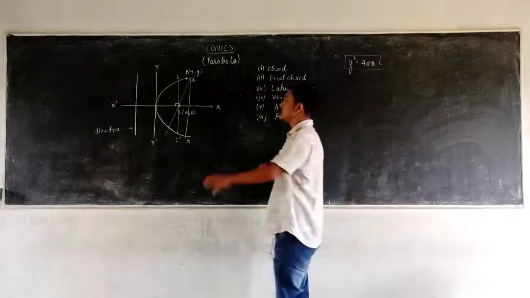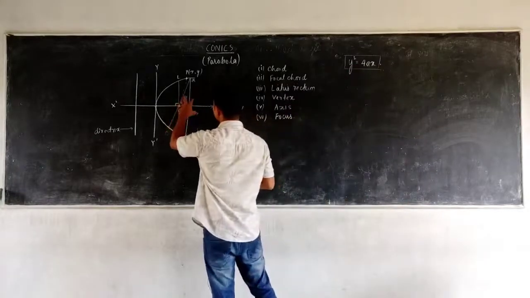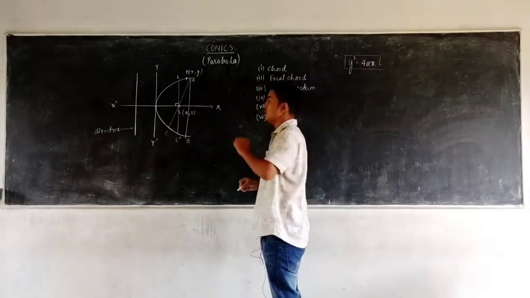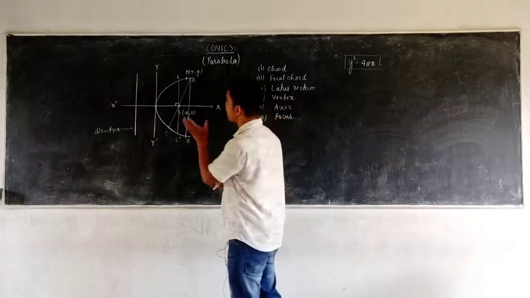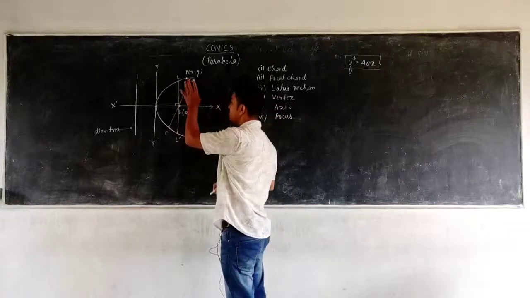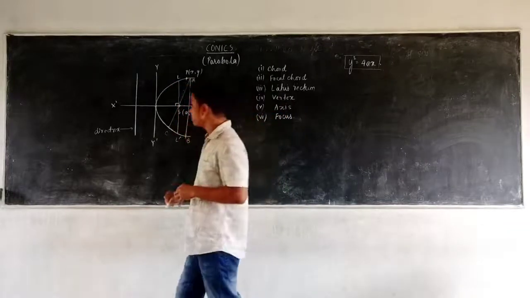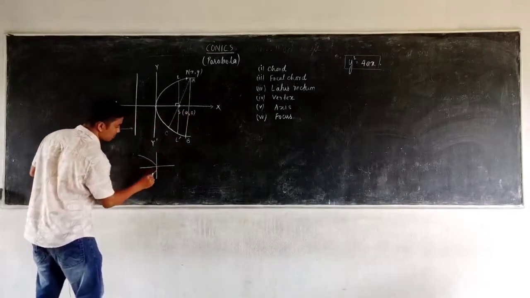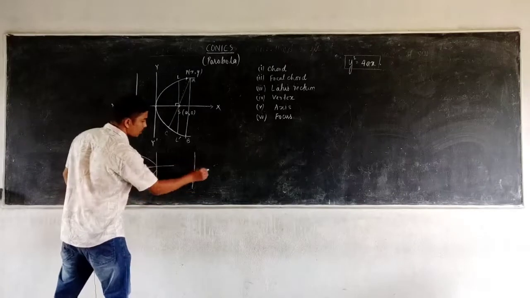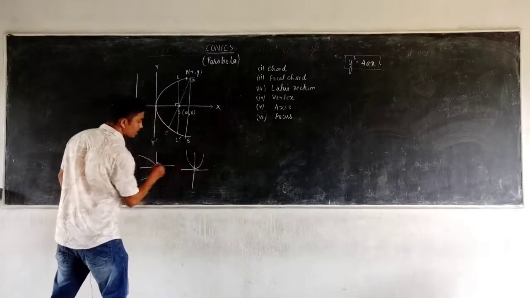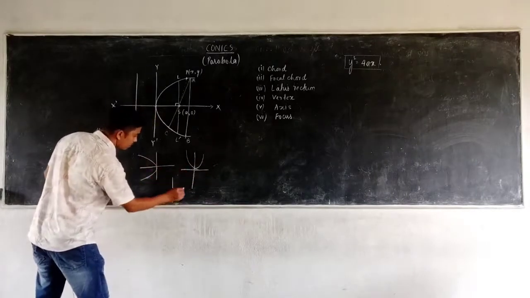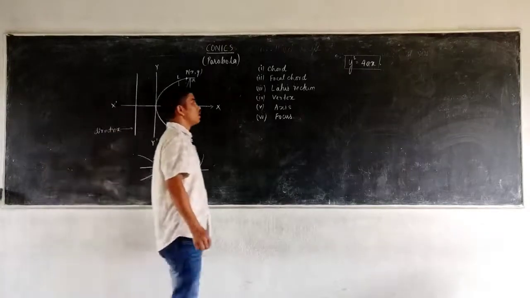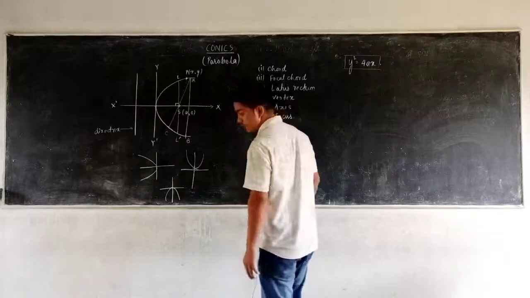It is the positive parabola because the parabola is on the positive x-axis. Similarly, we will have a negative parabola on the negative x-axis. We will have the y-axis parabola, on the positive side and on the negative side as well. Like I can draw another parabola of this form. I can also draw a parabola on the positive y-axis, and I can also draw a parabola on the negative y-axis. So in that case, the parabola will take different forms or different equations.